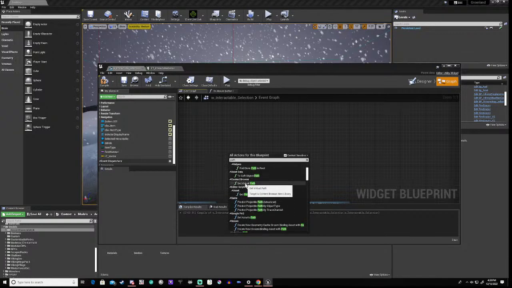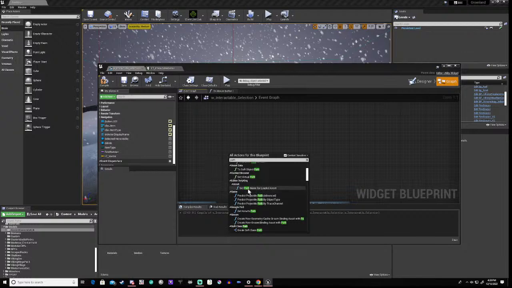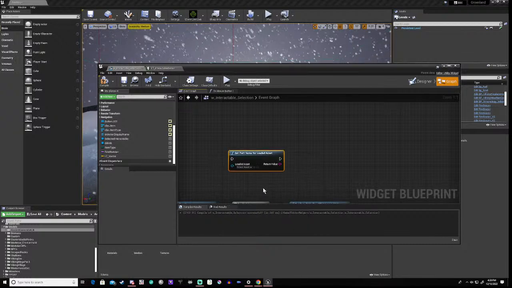So there's get virtual path, get path name for loaded asset. Okay. Now this is going to be interesting,